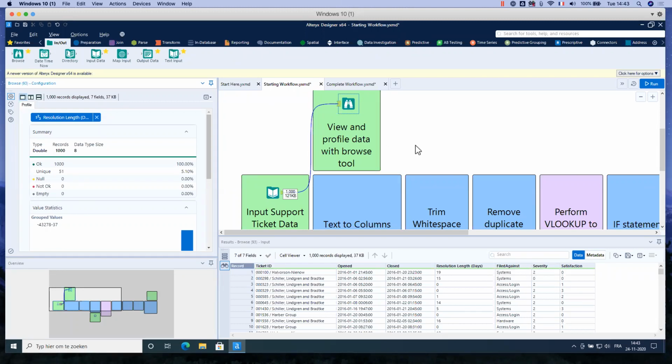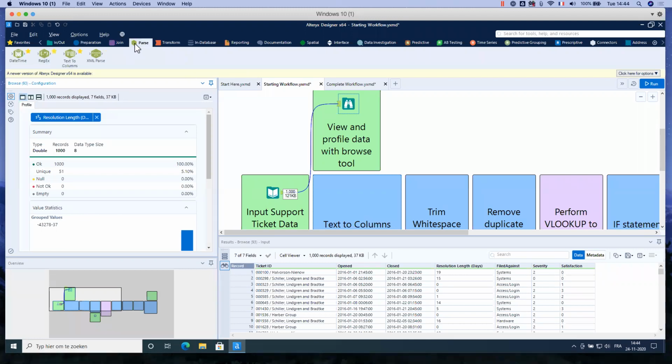So the next step is, because I have this column ticket ID, but in fact, I have too much information in it. I would like to split it. Because the first text number is the ticket ID. Actually, then I have this slash bar, and then I have the name of the company. So I would like to split that column to have a new column with the ticket ID and a column with the name of the company.